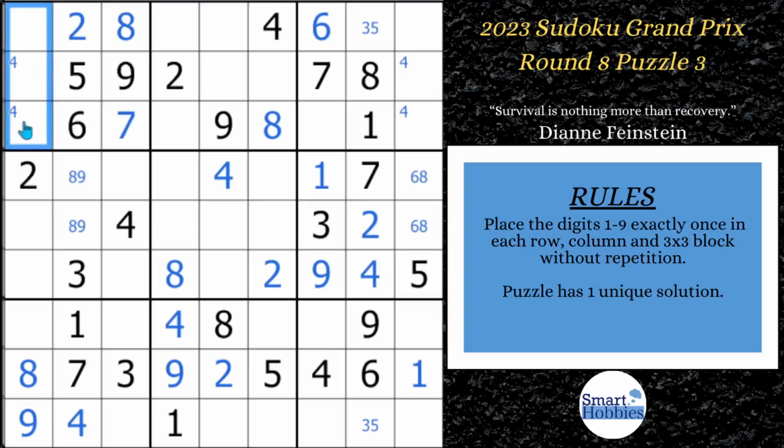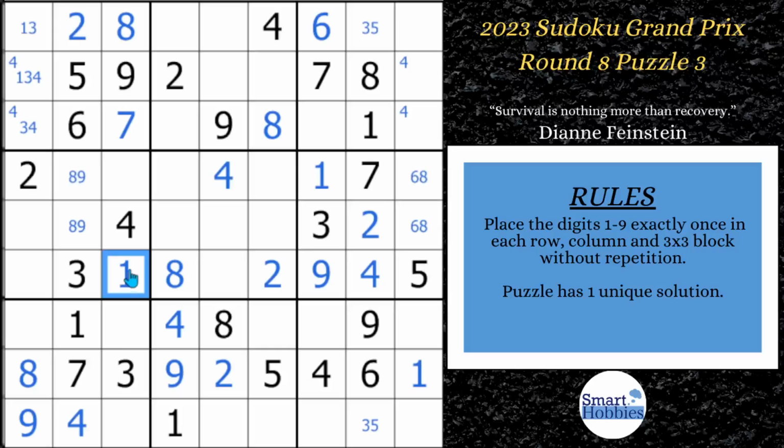And what it leaves for us is this nice naked triple. There's 3 possibilities left, a 1, 3, and 4. So we can mark all 3 of those. And a naked triple, since it's all in the same column and in the block, is going to act as a pointing triple for us as well, which means that the 1, 3, and 4 cannot be anywhere else along this column. And so you can't have a 1 in these 2 spots. You have a 1 right here. We can solve this cell now